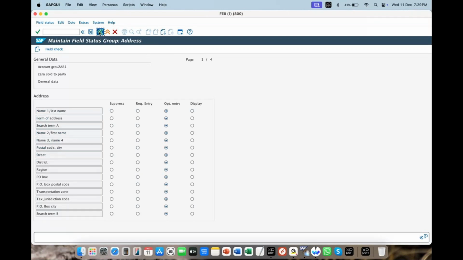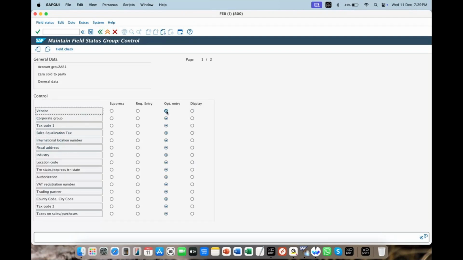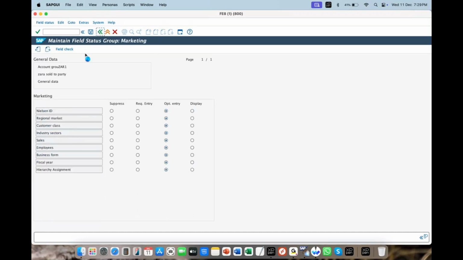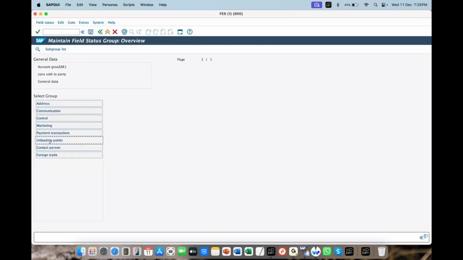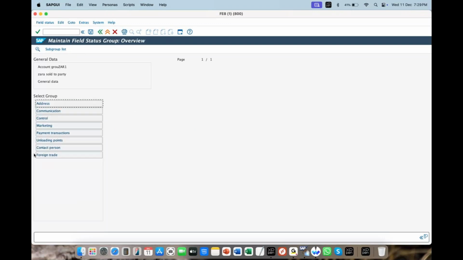Go a step back. Communication has 1 page, all. Control has 1 and 2 pages, all made. Marketing 1 page, payment transaction 1 page, uploading point 1 page, contact person 1 page, foreign trade 1 page. Right? So all to be activated